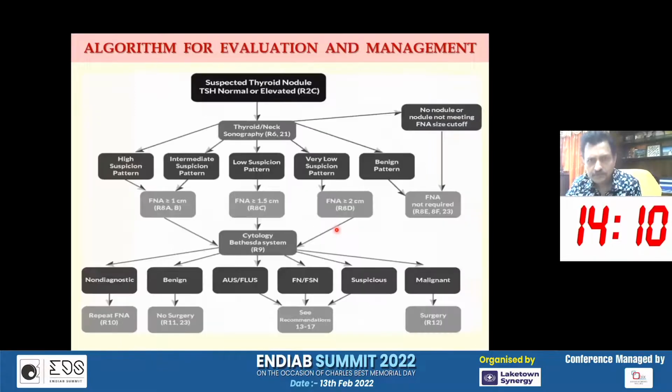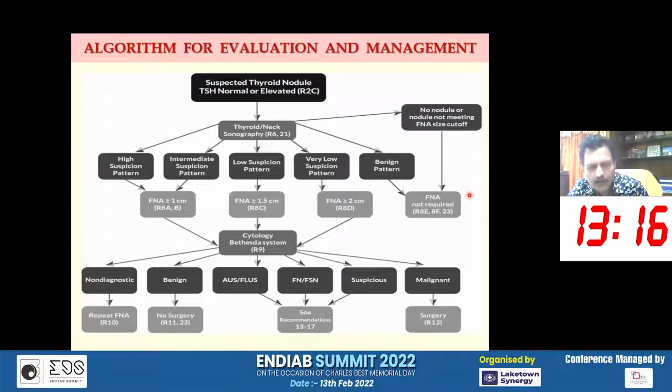Now, coming to the second option, how we approach that. After looking into the thyroid nodule, if you find it is basically of euthyroid state, then we can go for ultrasonography. And on the basis of the ultrasonographic scan report, we can decide whether we can go for FNAC or will not go for FNAC. Now, this is in a thyroid neck ultrasound scan. And if the thyroid neck ultrasound scan shows that the nodule is very small, that is less than 1 centimeter, then possibly we may not go for FNAC, and we can just observe the patient for an indefinite period of time